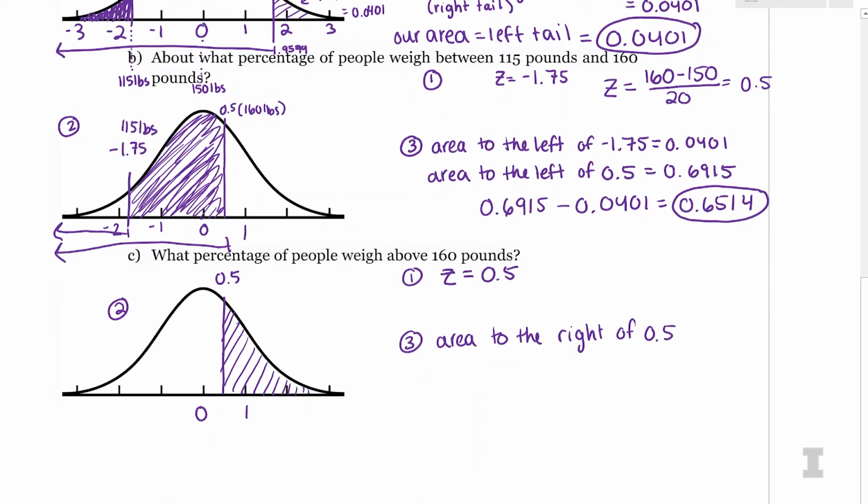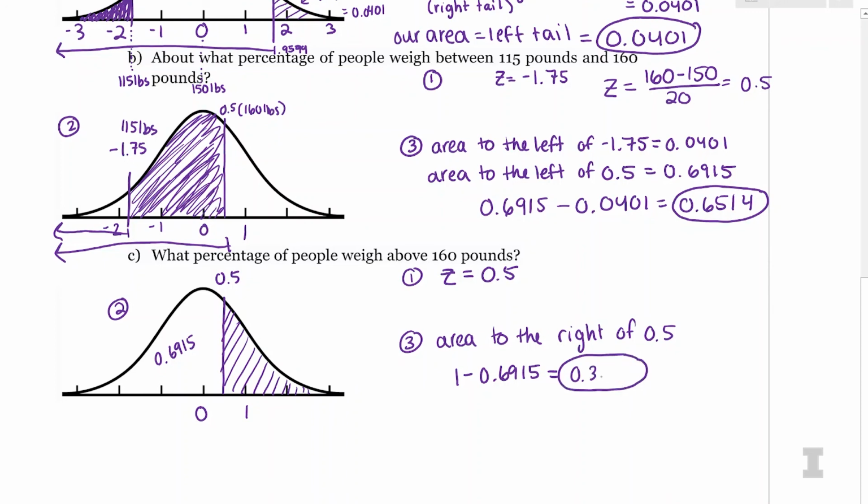And Wade, you told me the area to the left of 0.5, right? Yeah, the area to the left of 0.5, that was way back on the table, and it was 0.6915. So the whole normal curve is 100%. To get my final area, I can just take 1 minus 0.6915, which I get 0.3805. Sorry, 0.3085. Oh, sorry, I screwed up two digits.